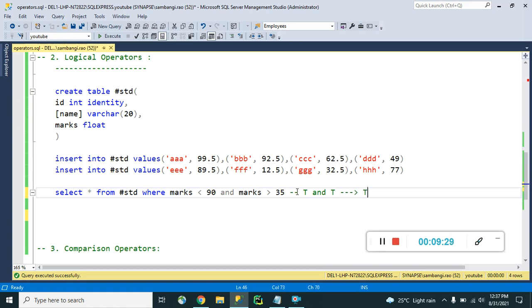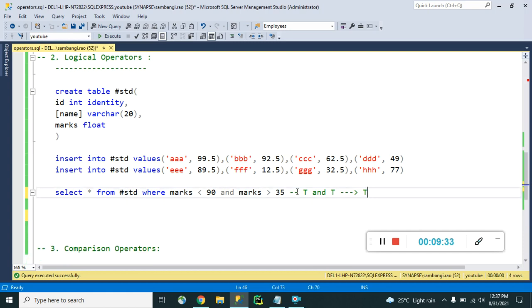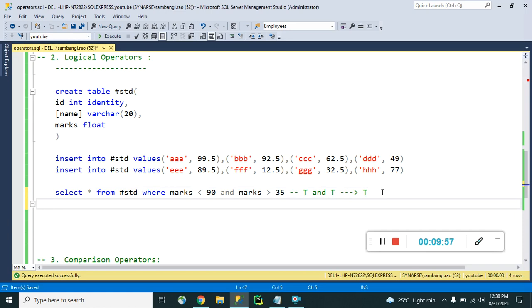Otherwise, if any one condition is false here, then we cannot get data, because the final result set is not true, right? That's why we cannot retrieve data if any one of these conditions might be false.